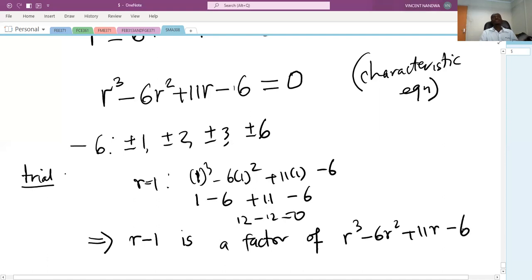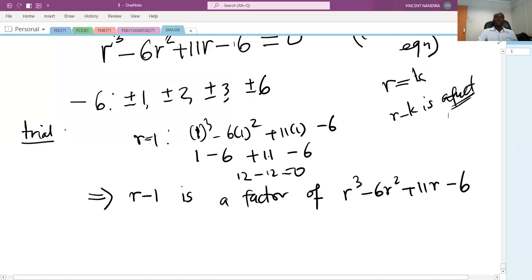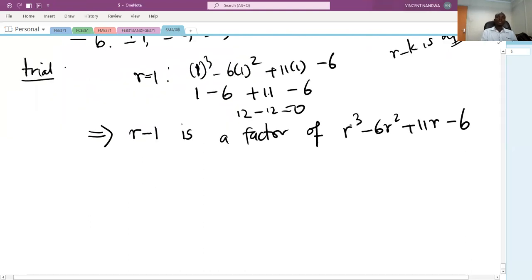So generally, once you are doing this trial and error for cubic, or maybe quartic or quintic equations, once you say that r equals k is a root of that given equation, then it means taking this to the left, r minus k is a factor of that given polynomial to the left. So we use long division to get the other factor for this cubic equation. So you write r cubed minus 6r squared plus 11r minus 6,